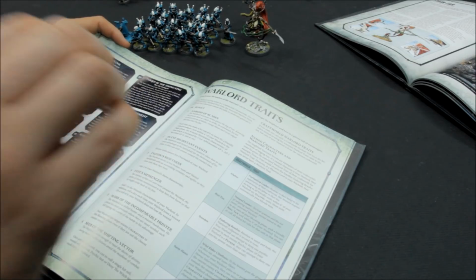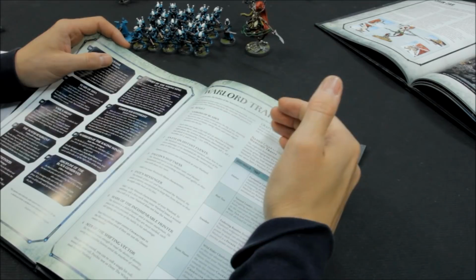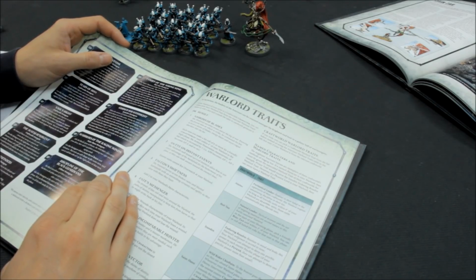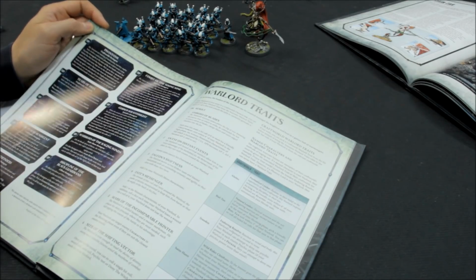So it can land, deep strike in, stay 9 inches away from an enemy target, but the range of their weapons is 12 inches, so nicely in range. Should be able to get them all in range nicely to let loose with all of those guns. And then